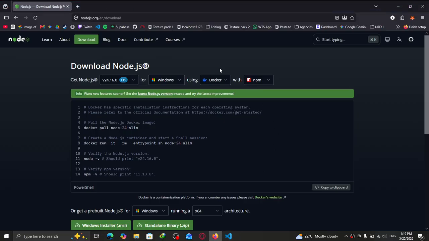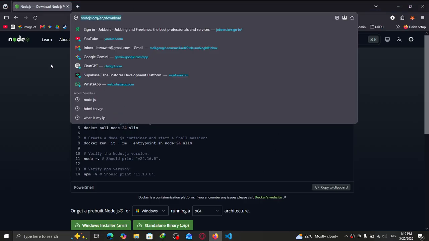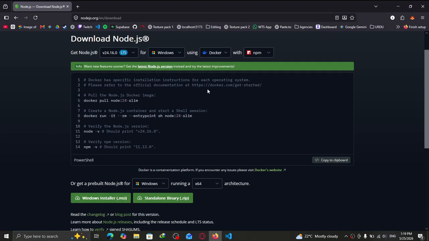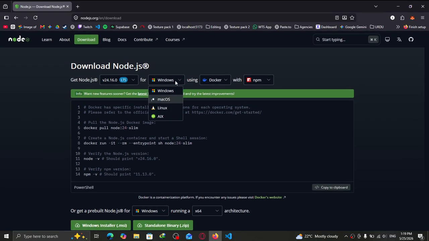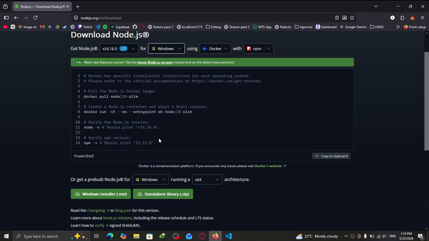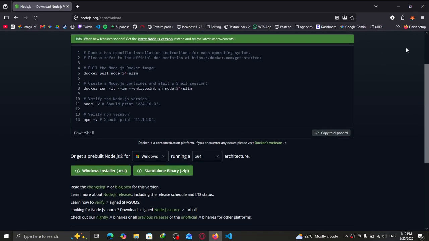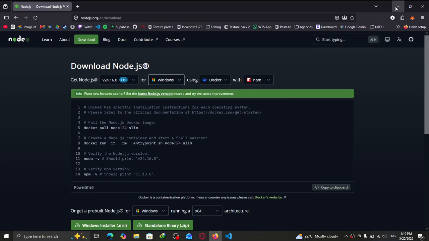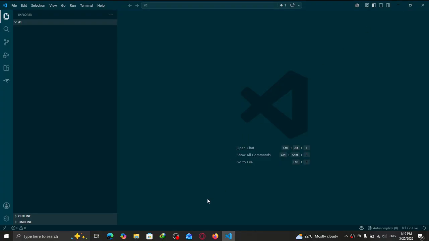So go to the Node.js website, this one, and download Node.js for Windows or any operating system you are using, Mac OS, Linux or anything. So download the installer. I already have downloaded. Once you have downloaded the installer and installed Node.js on your machine, you have to open your terminal. Like I will open CMD here